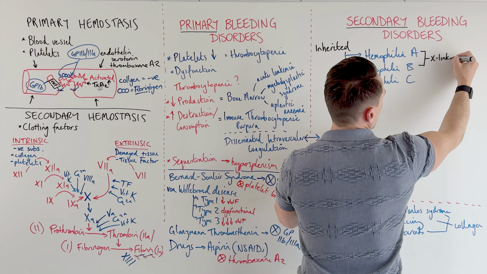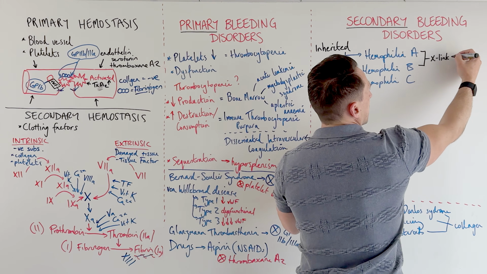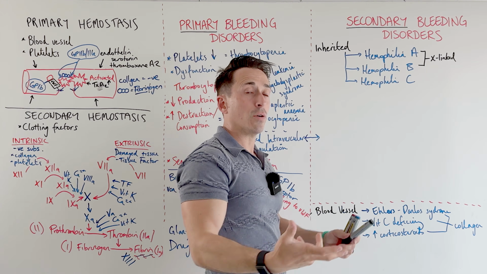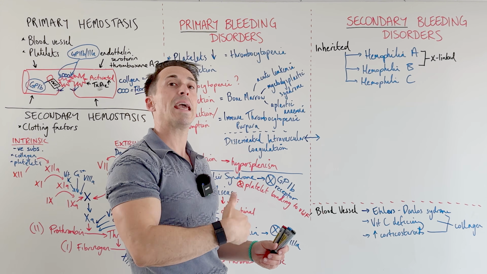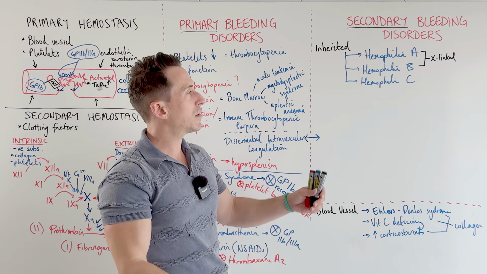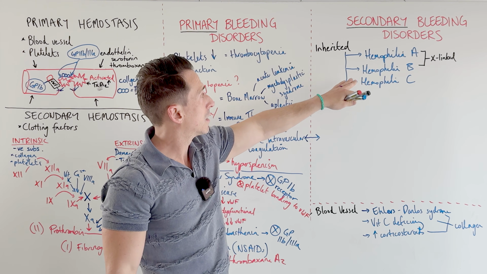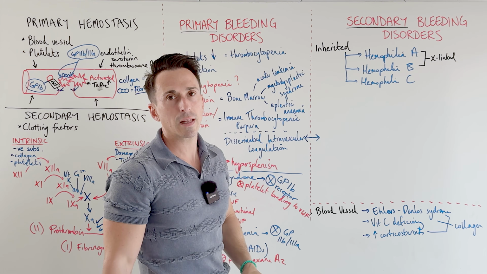So it's on the X chromosome. What does that tell you? If it's X-linked, it tells you that males are predominantly going to present with it and they inherit it from their mothers. So this can be as common as 1 in 5,000 kids or people can get hemophilia A or